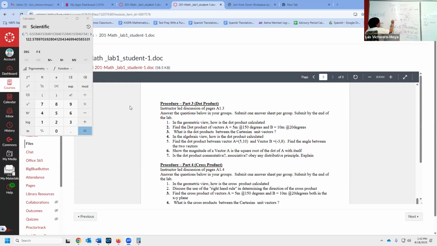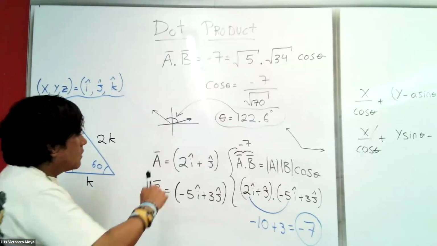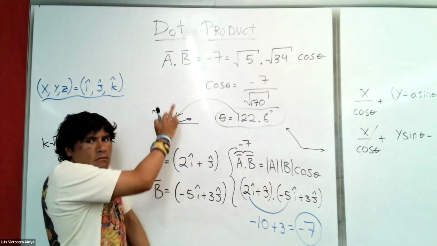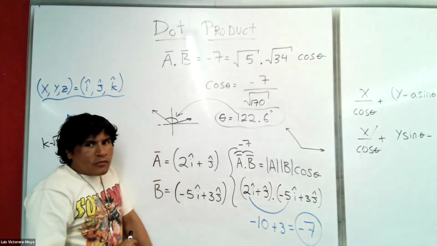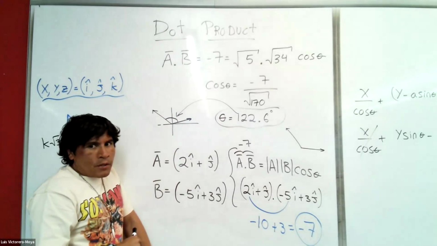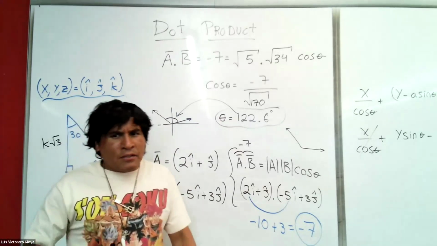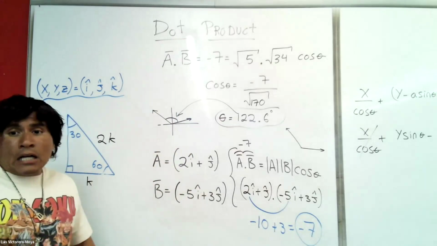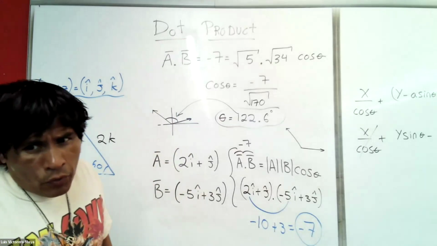Anyway, so that's the angle. Because it's on the plane, you can visualize the vectors here. So that's what you have to do in part 3. That's the dot product. Don't worry, because I'm pretty sure in the lecture I also want to go over this. This should help you. And then the vector product,